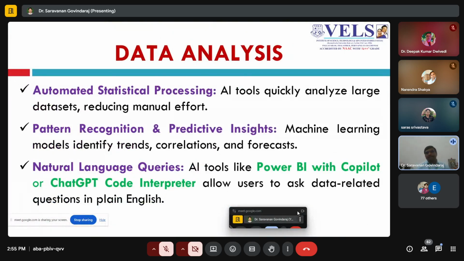Then data analysis. So here it will automatically analyze your data and it will give you results. Okay, so here what the AI is doing means that AI tools will quickly analyze a large set of data and it will decrease your manual efforts, and it will recognize the patterns and it will provide the insights